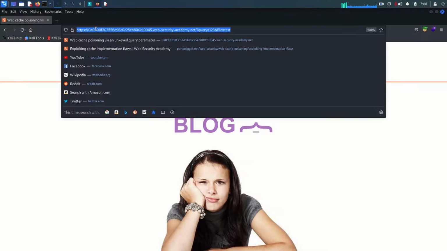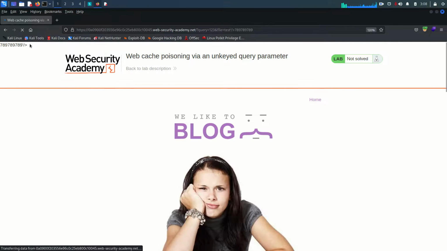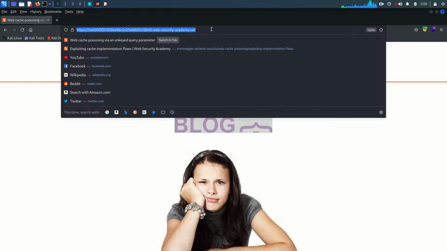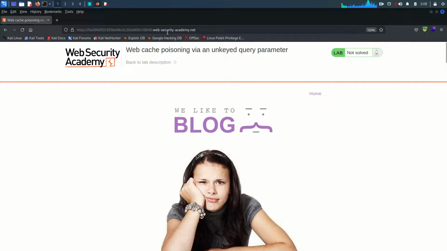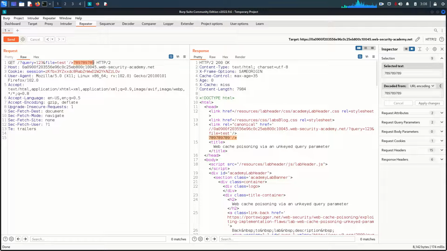Come back here and paste that, hit enter. Okay, now if we remove this query string, you can see it's identified that this response for this request is not cached, or if cached, it cached the genuine response. So now my purpose is what? My purpose is to generate